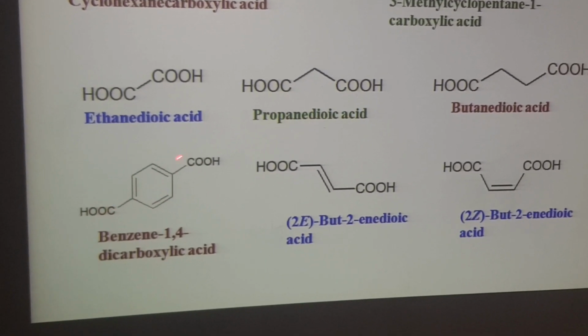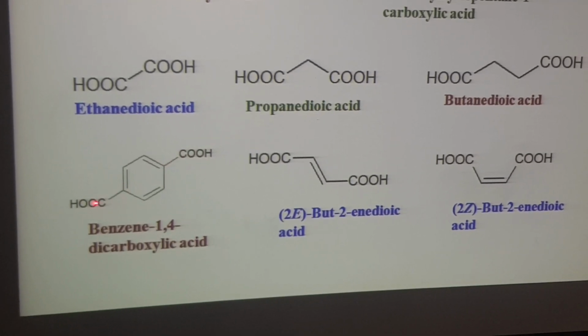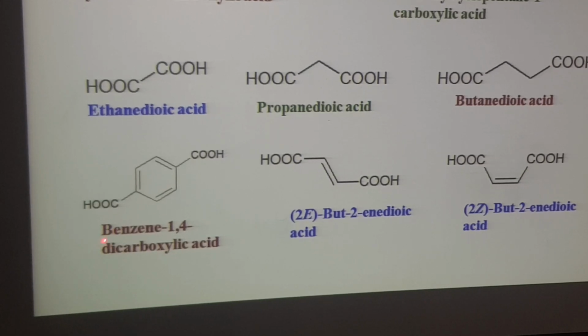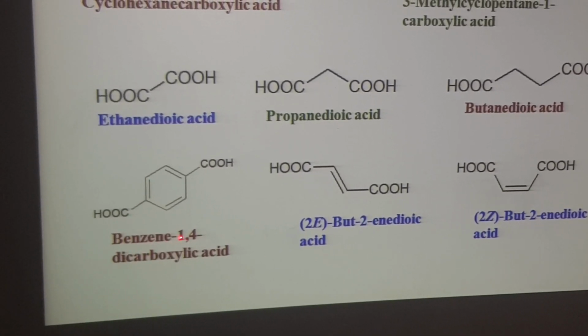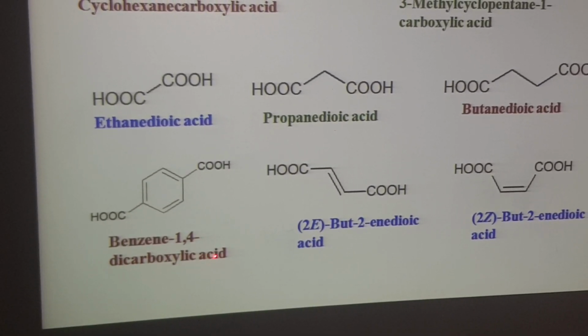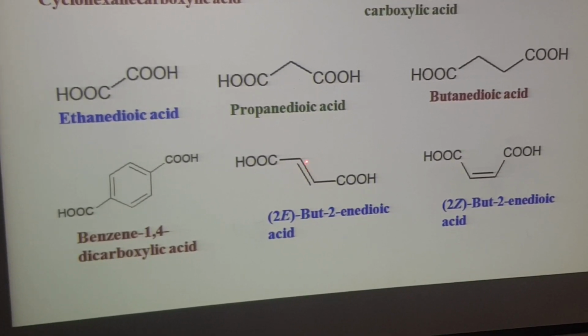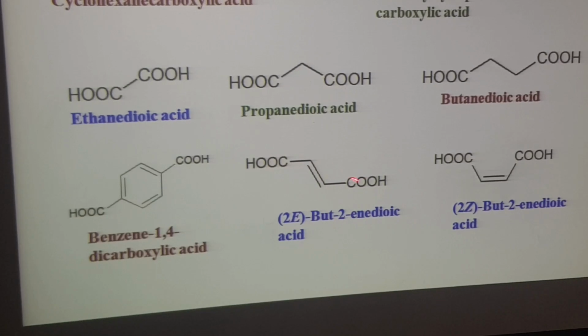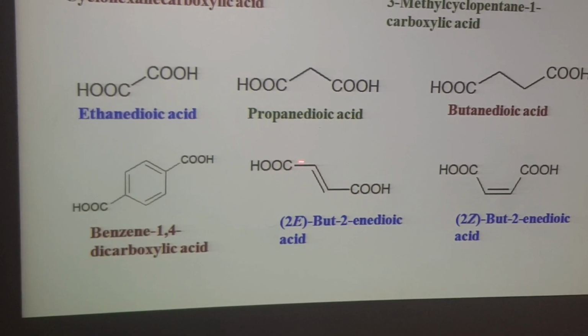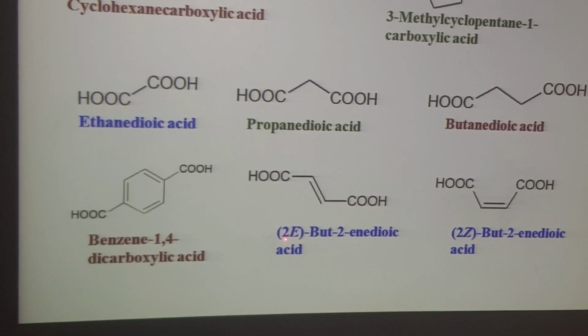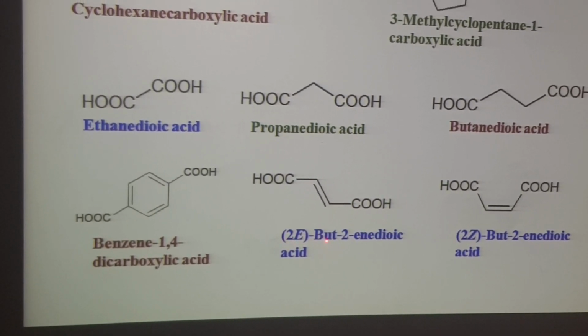Here we have 2 carboxylic acid groups present on the benzene ring at the 1,4 positions. Name of this molecule is benzene-1,4-dicarboxylic acid. Here we have unsaturation between carbon 2 and 3. This orientation is trans, so geometrical isomerism is possible in this molecule, and this is trans. So name of this molecule is 2E-but-